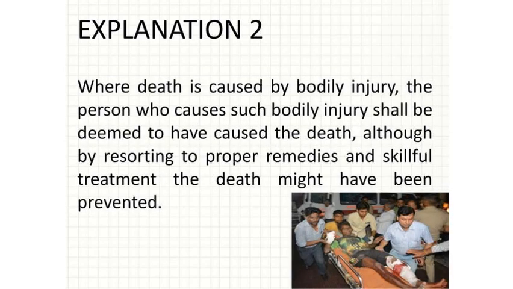Explanation 2 says that where death is caused by bodily injury, the person who causes such bodily injury shall be deemed to have caused death, although by resorting to proper remedies and skillful treatment, the death might have been prevented. Now, the second explanation is very important. It suggests that where a person is killed by a bodily injury, and such bodily injury is the sole reason of that person's dying,